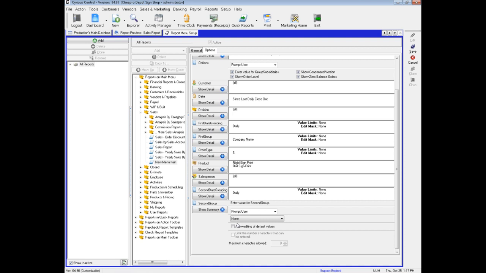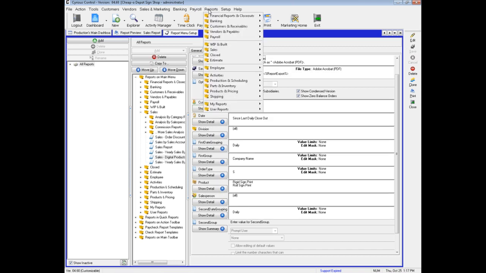Now if I want to, I can change the option on here from prompt user to be preset if I don't want people to be able to go through and change this option on this report. Otherwise, if I want to allow the feature for people that are previewing this report to change the grouping themselves, I can just leave that at prompt, so that way anyone that goes to run this report can change the grouping option for themselves when they're running the report. So if I save this,